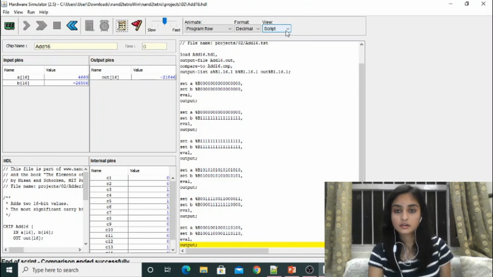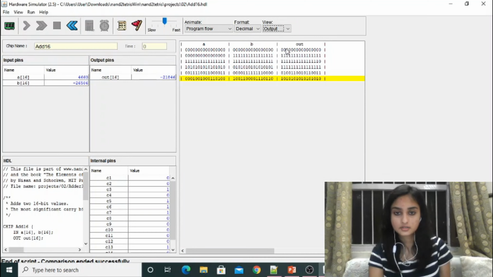Now we'll look at our output, which is this. Just for the comparison, we compare, and since no changes are made, our answer is correct.